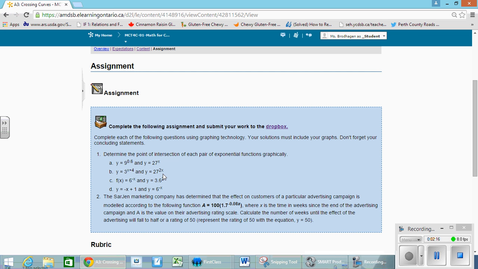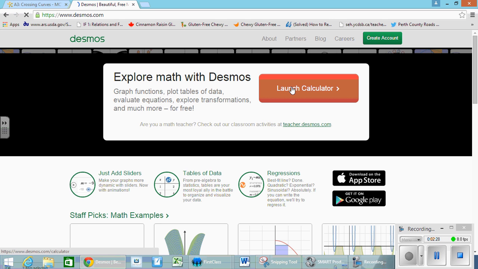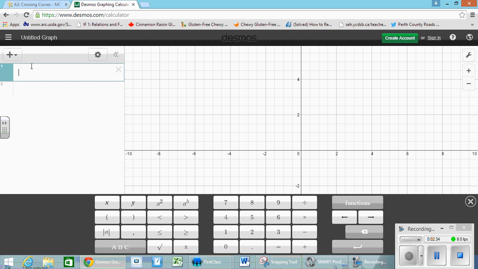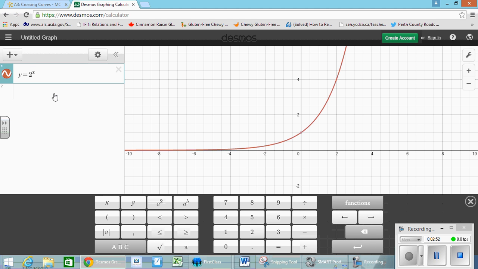So I'm going to walk you right through Desmos. I'm going to open up another page because it's actually fairly easy. I go to desmos.com and launch the calculator, and I'm going to enter two equations. The first equation I'm literally typing, or I could use the keypad so you can see what I'm doing. So it's y equals 2 to the power of x. And I want to find where that intersects with y equals, let's say,